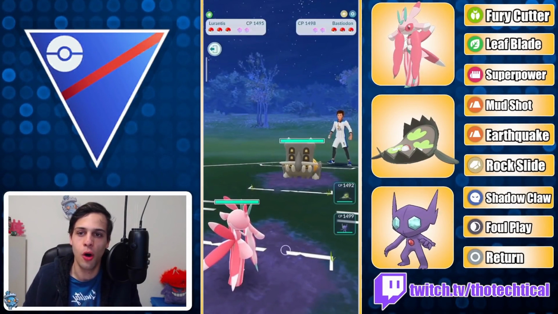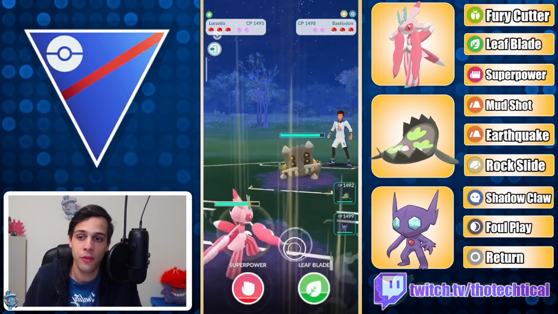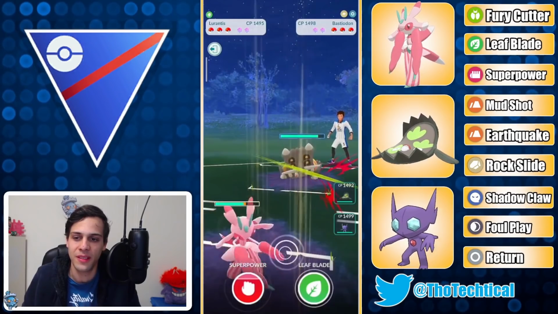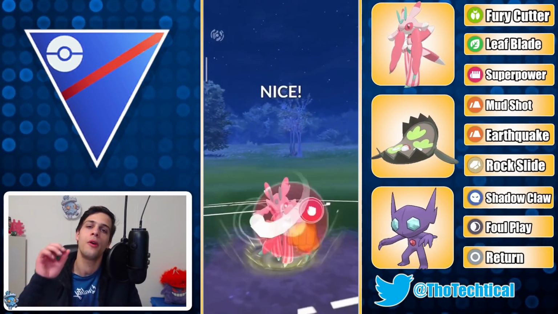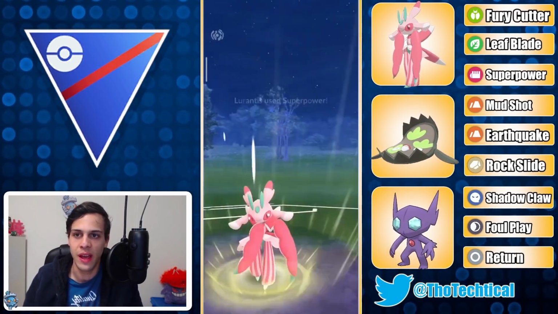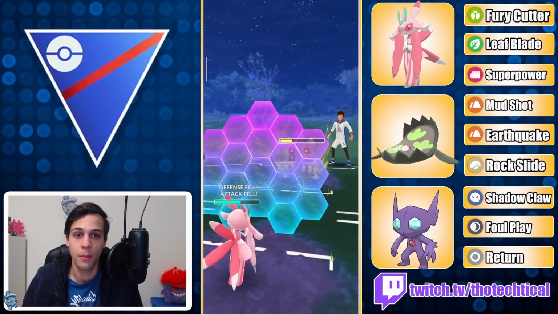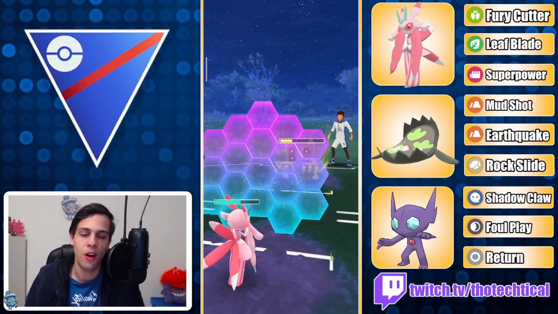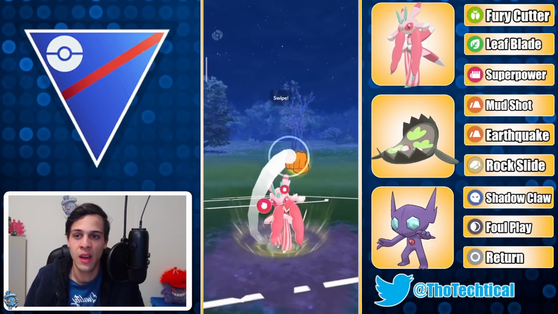Alright, Bastiodon Lead. This is a pretty interesting lead because Superpower, of course, is double super effective, but they can one-shot me with a Flamethrower as well. I end up throwing 1 Fury Cutter too late here. You want to throw 1 before they are at 7 Smackdowns. At that point, you are at 2 Superpowers, but I ended up CMP tying, unfortunately,